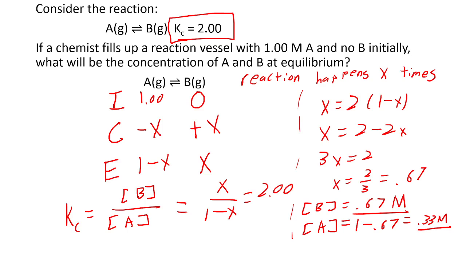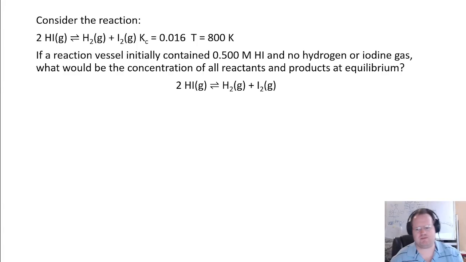Now, we're going to look at a second example that's going to be a bit more work. And then after that, we'll look at how to shrink these problems in a lot of cases. So this problem is we have some actual reactants. We have 2HI in equilibrium with H2 plus I2 with a Kc of 0.016 and a temperature of 800